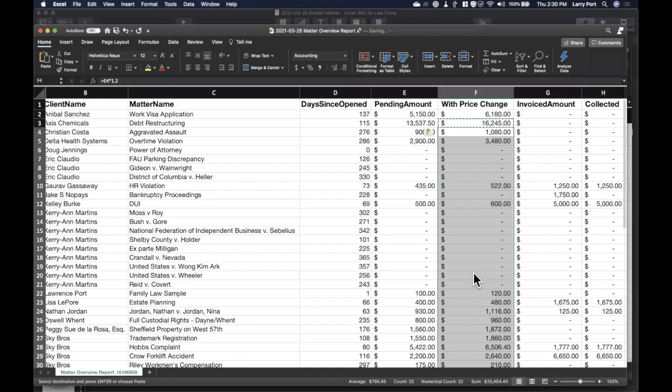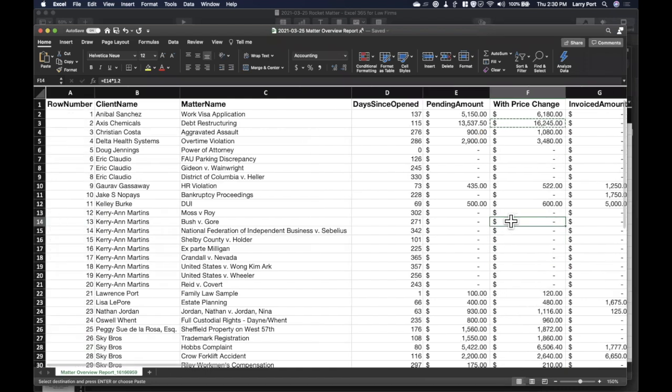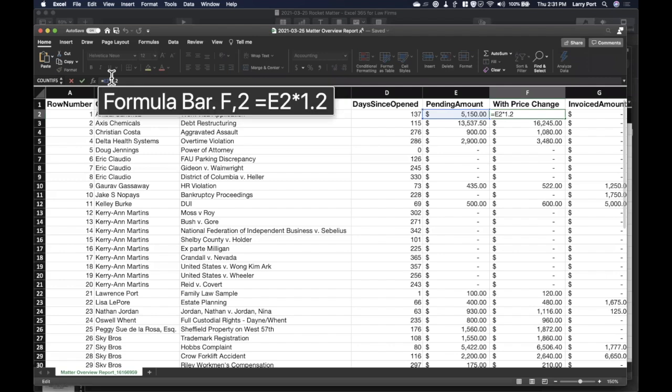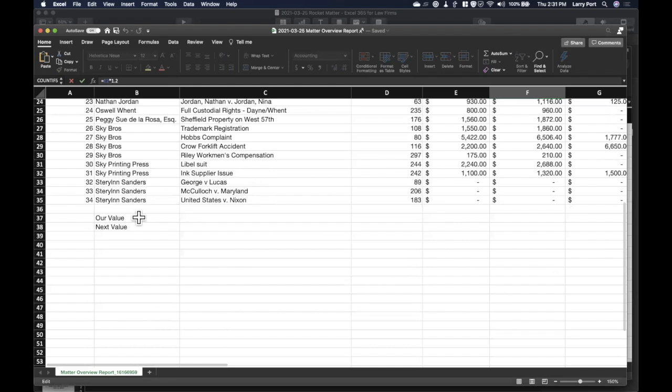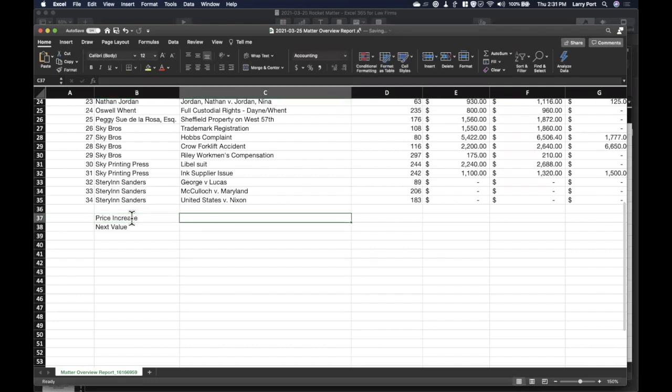Now, what happens if I want to do this more intelligently? This is where anchors are going to come in. Hopefully we got a couple more no's turned to yeses after that one. So really, you don't want to have what I call magic numbers in here. Like we want to simulate a price increase. We don't want to be multiplying it by 1.2 in each cell. What we want to do is have our own thing called price increase. And let's make it a little bit higher, just so that we know that's the difference. So this one down here is 1.25.